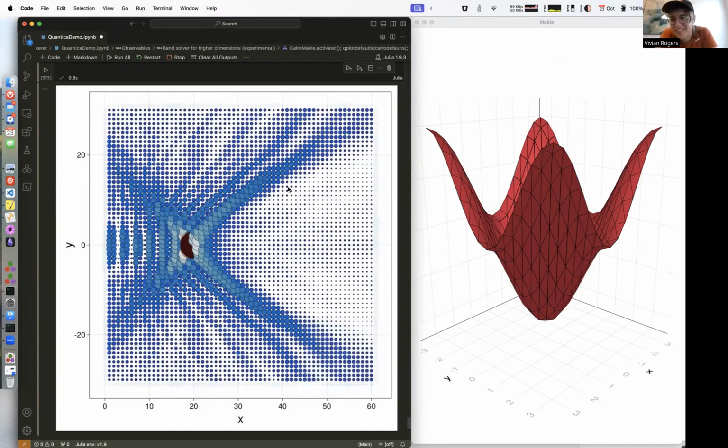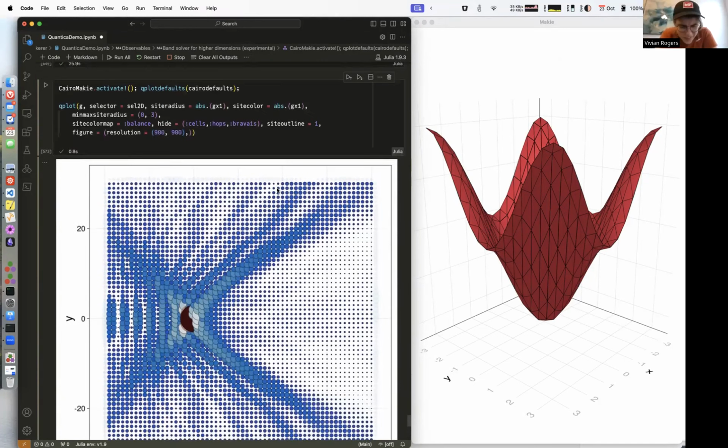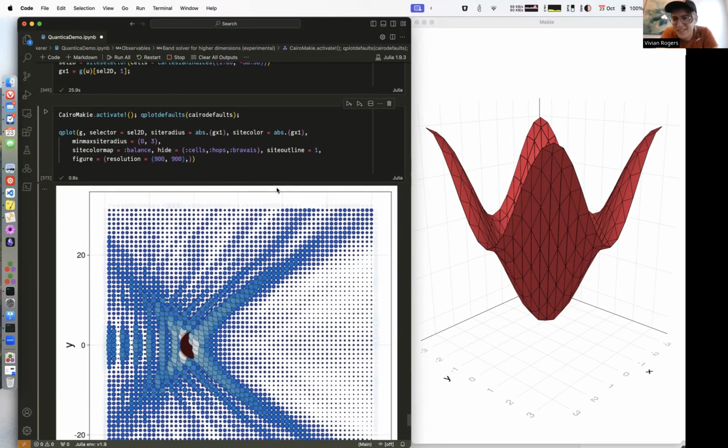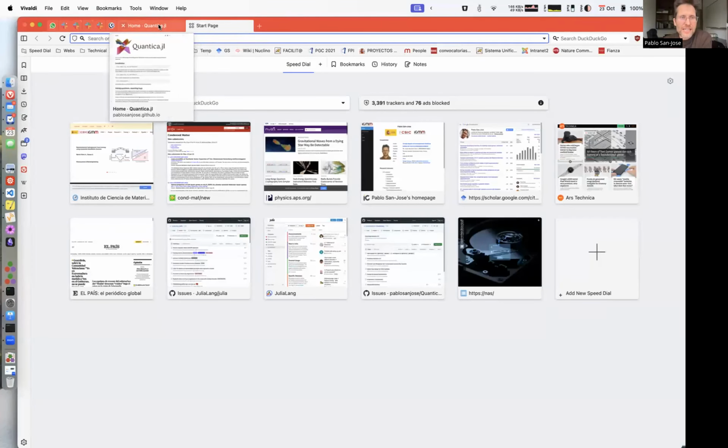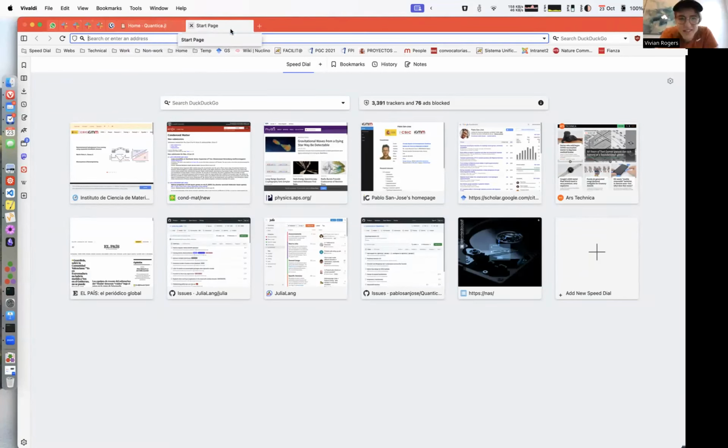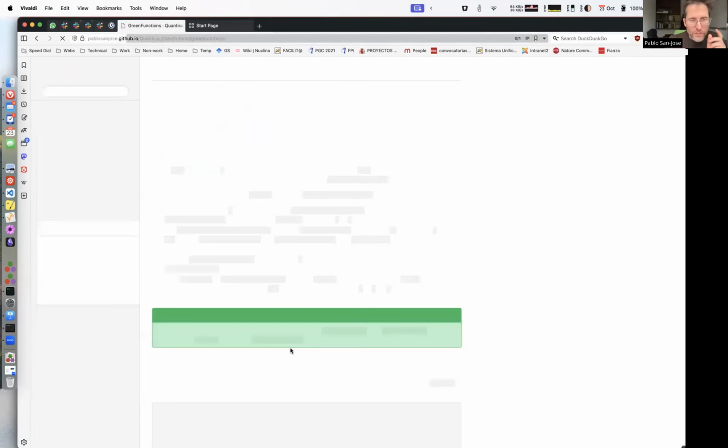This is really fascinating. Out of curiosity, what solvers do you have implemented for the Green's function for the lead self energies? Can you repeat? Sorry. What solvers do you have implemented for the Green's function and the lead self energies? Yeah, you mentioned in Slack the Sancho solver. This is kind of what I'm going to show you for Green's function. We have